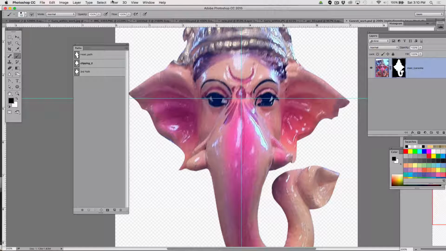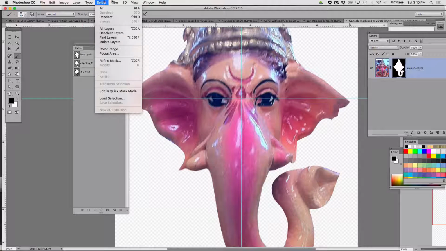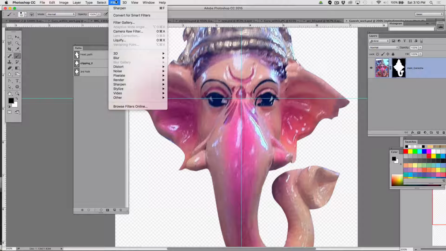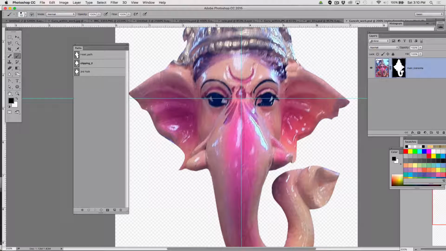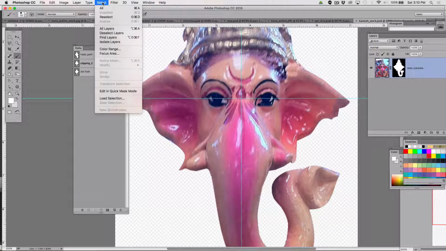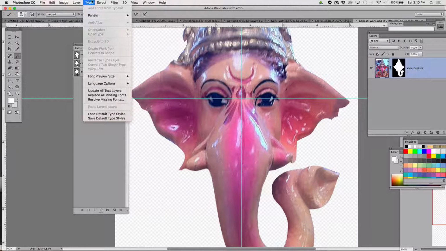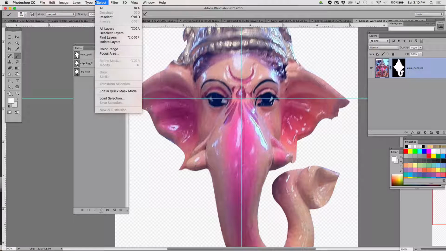I'm going to run a sharpen filter on it. I'm going to go Filter, Sharpen, and I'm going to choose this important tool, Unsharp Mask. I'm sure I've talked about it before, but if you don't remember, here it is, Unsharp Mask. I need to make sure I'm actually clicking on the image side of my file. So here it is, I clicked on the image side of my file, and I'm going to go to Filter,